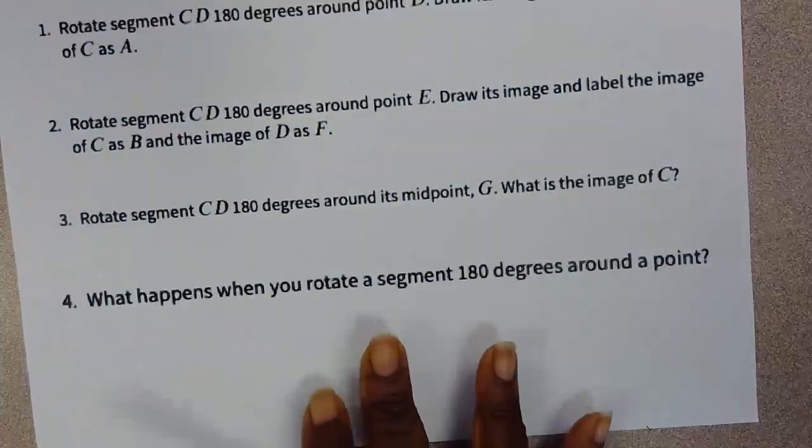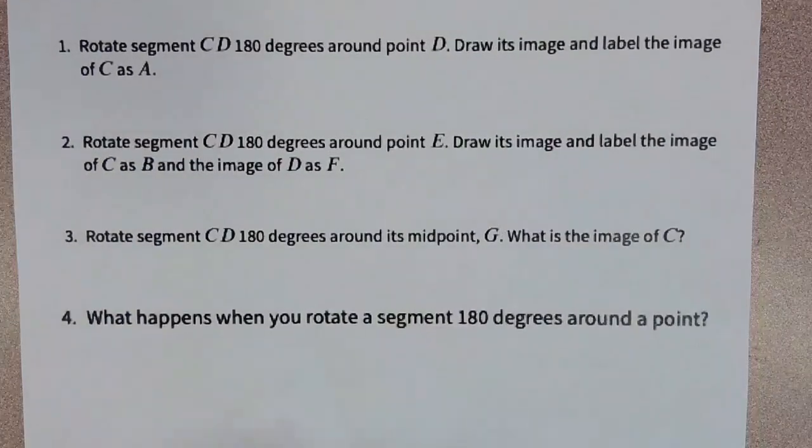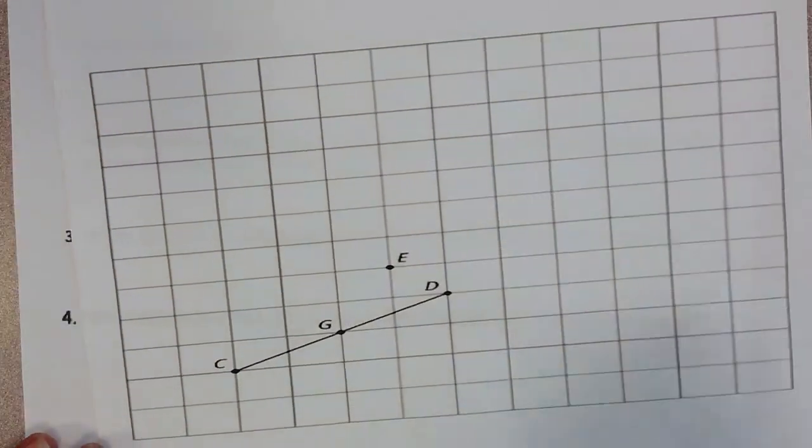Okay, for our first activity, we are going to be actually rotating some segments. So we'll start with the first one, which is asking you to rotate segment CD 180 degrees around D. Draw the image and label the image as C as A. So I'm going to start by using